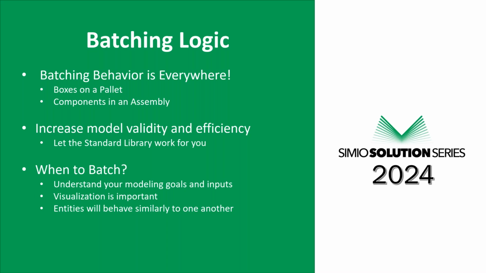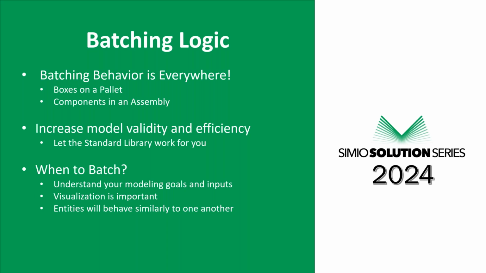When we think about using batching logic, one of the main benefits is that a lot of logic is consolidated within our object library, in certain objects that our combiner and separator will make good use of. Within batching, instead of having to go down the route of process logic or some customization, letting these objects work for you is going to minimize the customization, which I know for myself, the more I can do out of the box, that makes life easier. So that's going to be a main benefit.